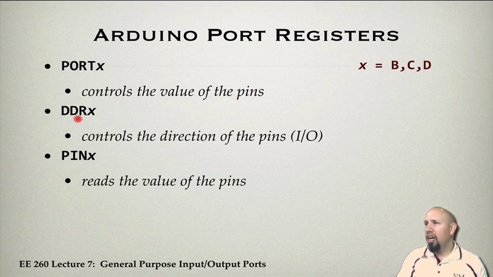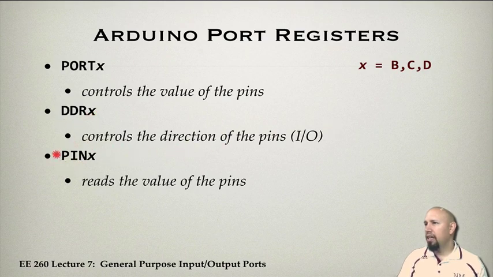For DDR, the DDR is the data direction register. Data direction, so is it input or is it output? That is determined by what you put into the DDR register. So this is what controls the direction of the pin, whether it's an input pin or an output pin. So the port actually determines the value of the pin, the DDR determines the direction of the pin,